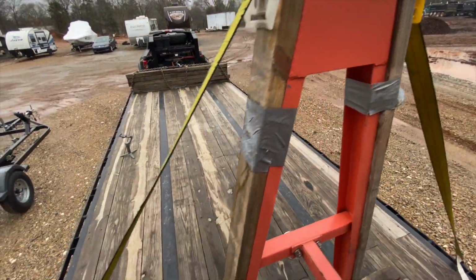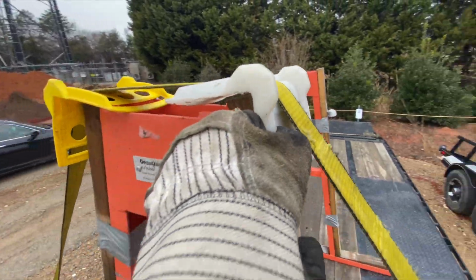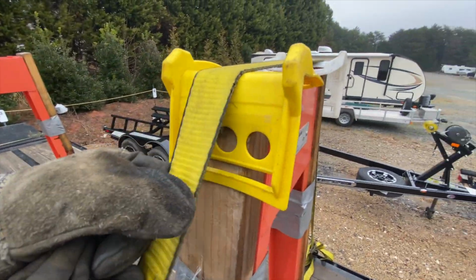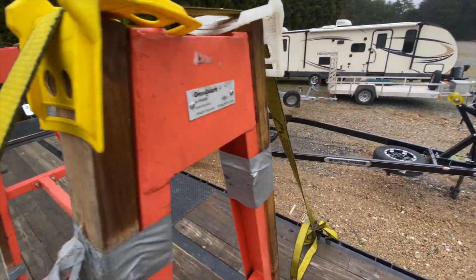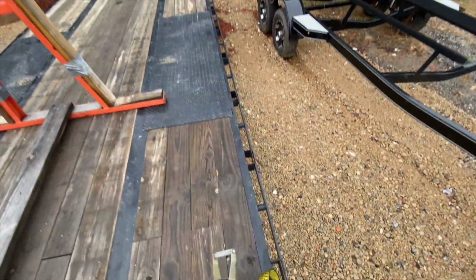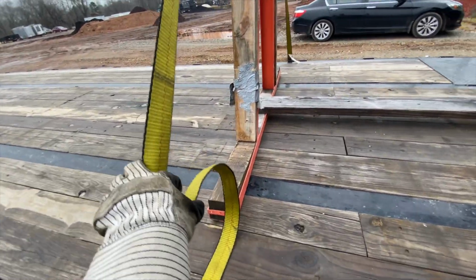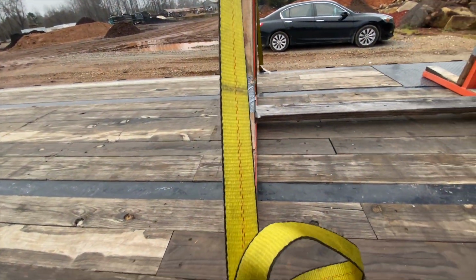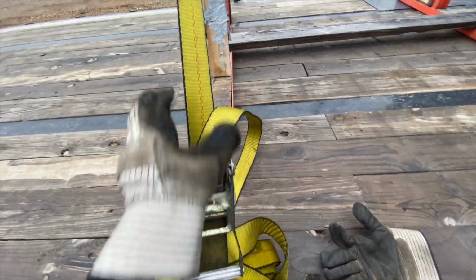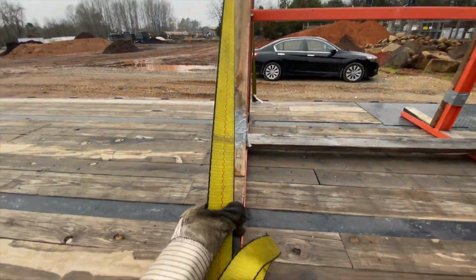Okay, now the first thing that you guys got to make sure that you do is that you need to use these edge protectors. I feel like that's pretty obvious, but you got to make sure everyone knows. So what I'm getting at is, what's really important is that most people, which is pretty controversial with flatbed drivers, say a twist in the strap or not. Now I know this isn't fully completed. So over here, you're going to have straps holding the Granite slabs down, and then you're going to go down to the